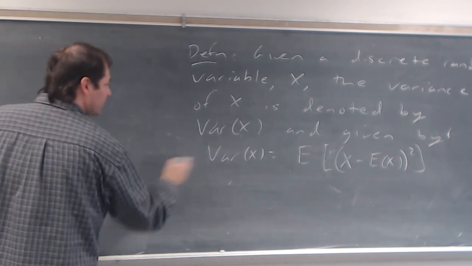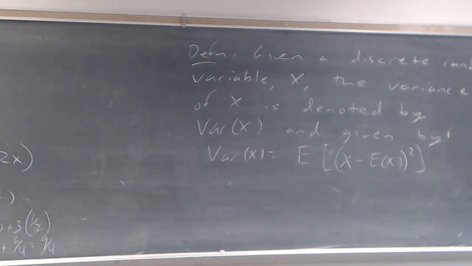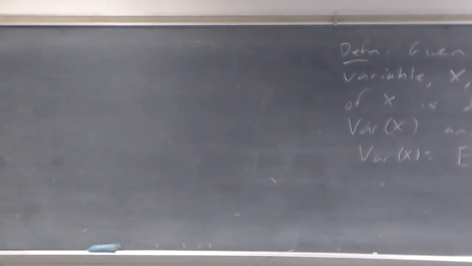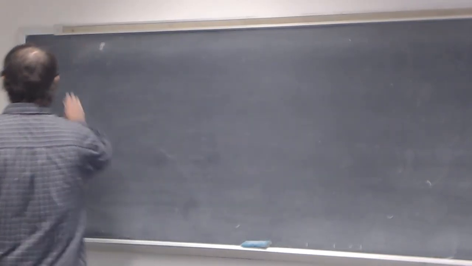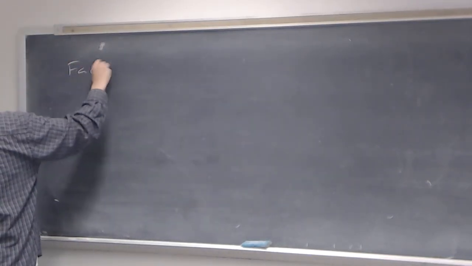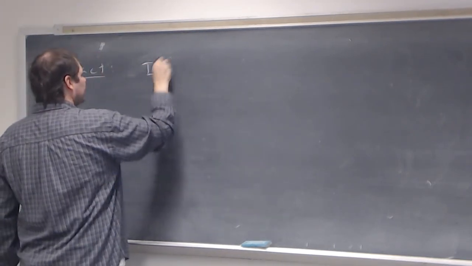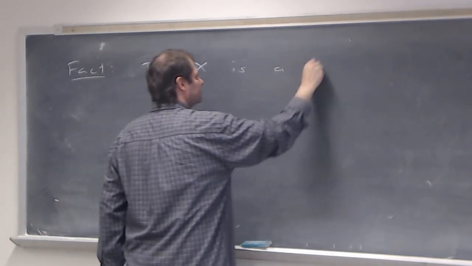Really, my definition for the variance of x, that's what it's defined to be for any type of random variable, but we're just looking at discrete at this time. Okay, so the big fact we'll look at next is that the variance of x, if x is a discrete random variable,